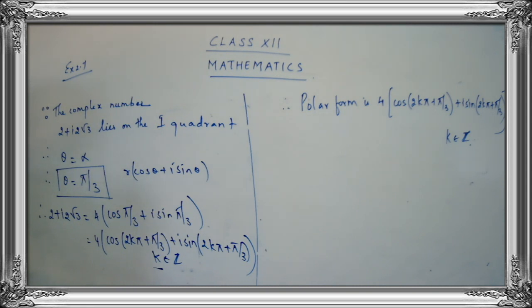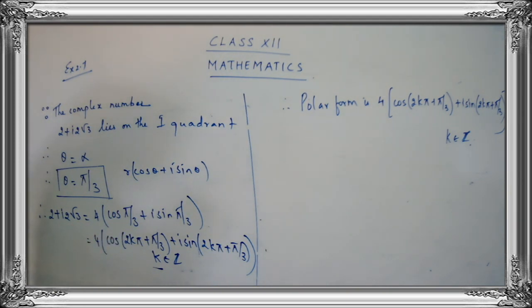So do it properly. You have to find out R, you have to find out alpha. The first step is to find R. The second step is to find alpha. The third step is to find out in which quadrant it is going to lie. The fourth step is to find out the value for theta. And the fifth step is to write down the polar form. First you write down the polar form. After writing the polar form, you have to write the alternate form. The alternate form is you are just going to add 2k pi. That's all. Very simple thing. Whatever theta value you have got, along with the theta value, you are going to add 2k pi. And you will get the required polar form.